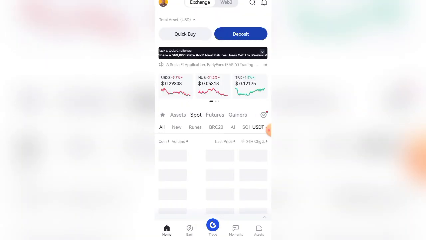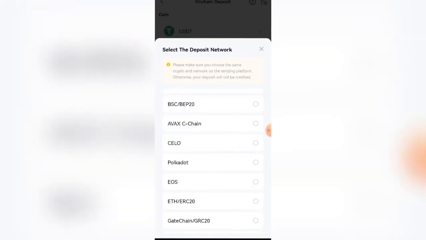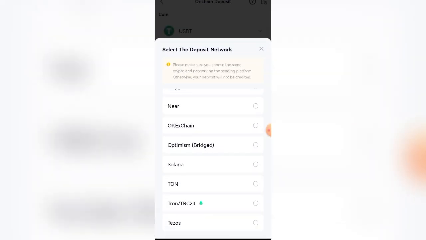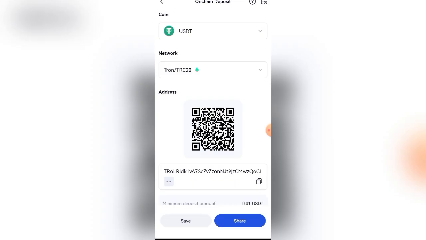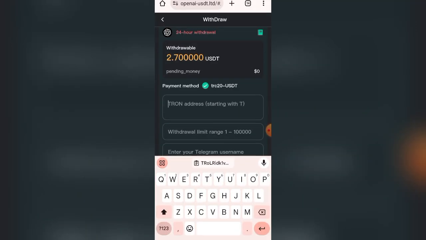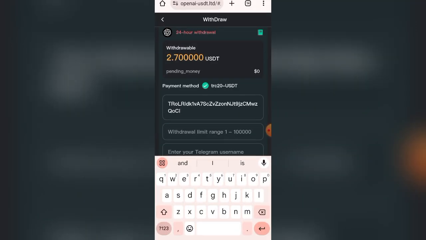wallet address. So this is my gate.io. I'll come here now and click on on-chain deposit USDT wallet address. So this is TRC20 USDT wallet address. I will select TRC20 wallet address and click on the copy address. So I'll come back to this platform now and paste the address which I have copied and put the amount